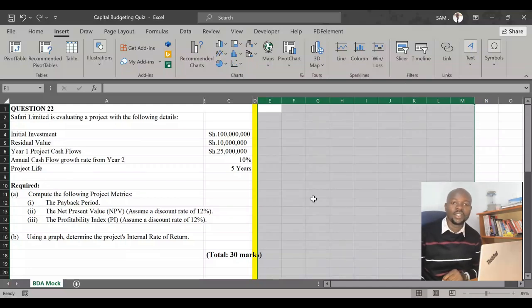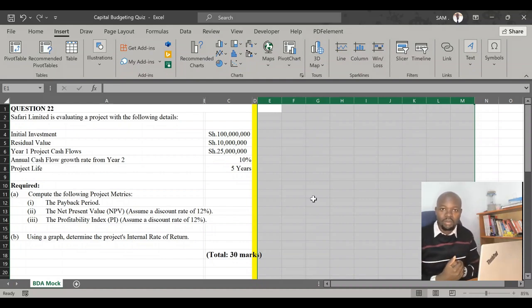Hello there, hello there. Today I would want us to do something. If you are a BDA student, this session will be very helpful to you. And even if you are not a BDA student, this session here is good to refresh and to ignite your